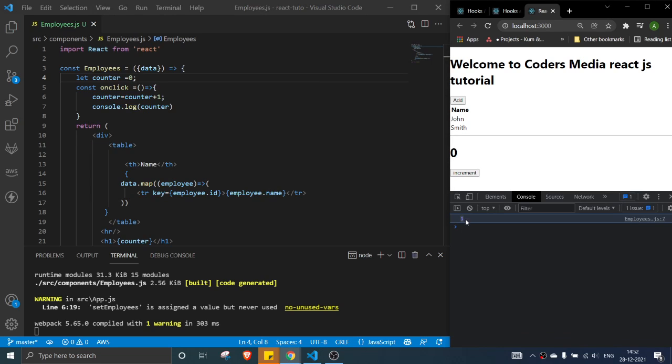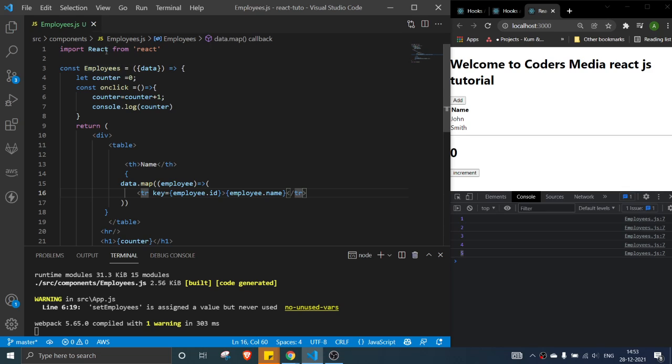See, now my value got updated: plus 1, plus 2, 3, 4. Yes, it's updated, but it's not reflecting in the UI. This is the reason why hooks come into the picture. Hooks help you update your state without refreshing the page.